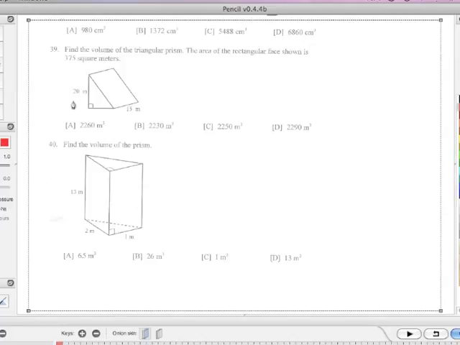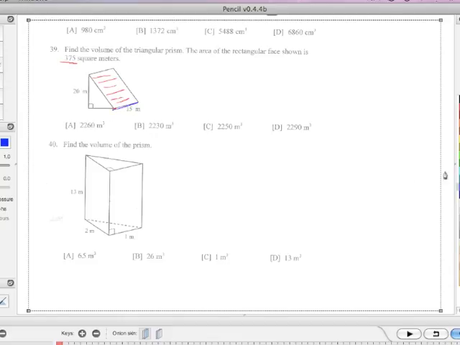Okay, so here we are with number 39. Find the volume of the triangular prism. The area of the rectangular face is shown. The rectangular face shown is 375 square meters. So this area is 375, which is going to help us get, since we know this side is 15,